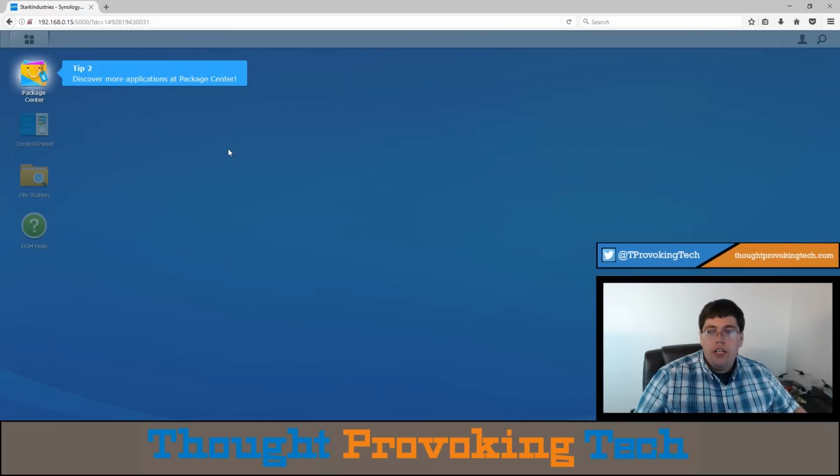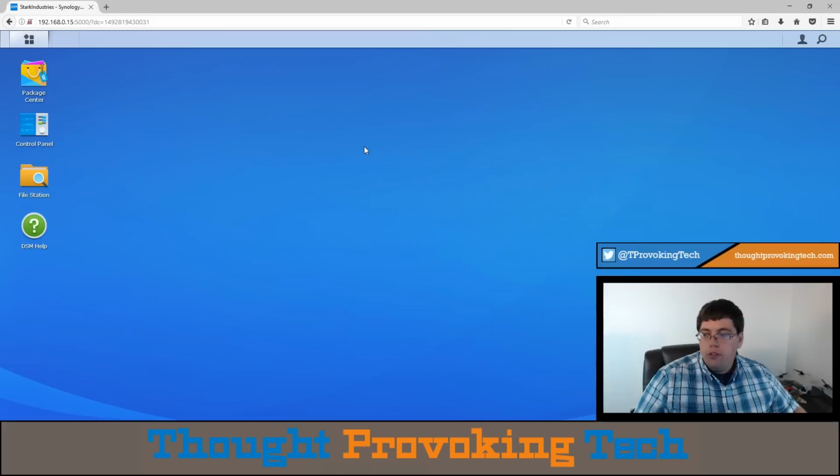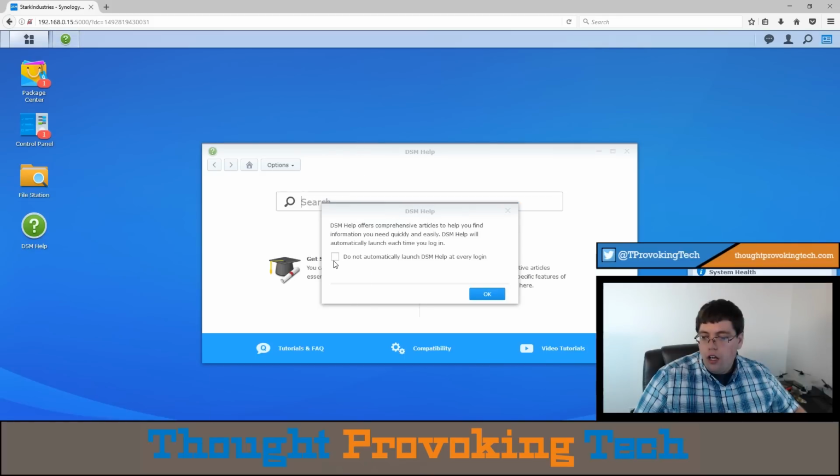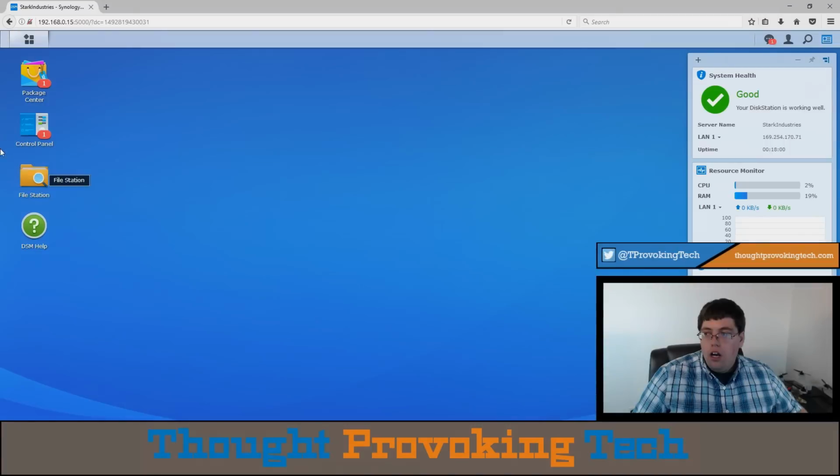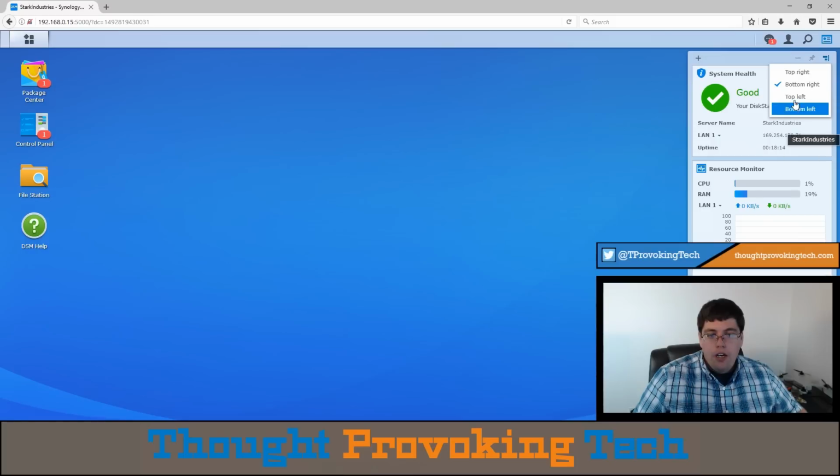And now you're seeing the DSM for the very first time. So I'm just going to click through a couple quick tips and go ahead and get started. All right, so we are now on the main screen. As you can see here, this little first pane right here is your widgets area. You can see that I've already kind of expanded that up. You can dock that in any of the four corners by clicking this button. I keep mine docked in the bottom right and just expand it to the top so that I can have